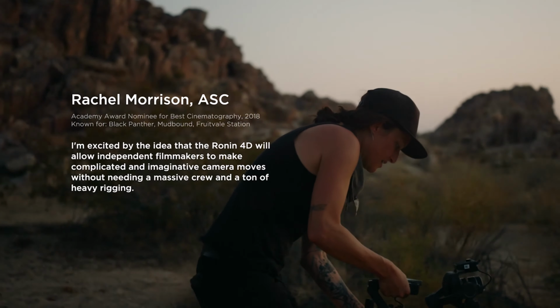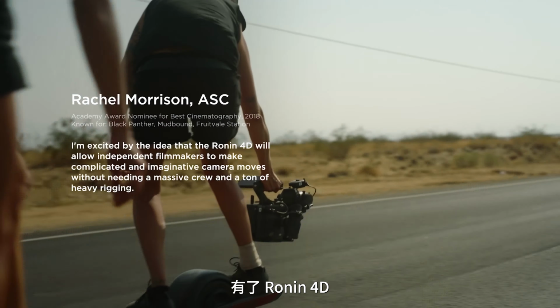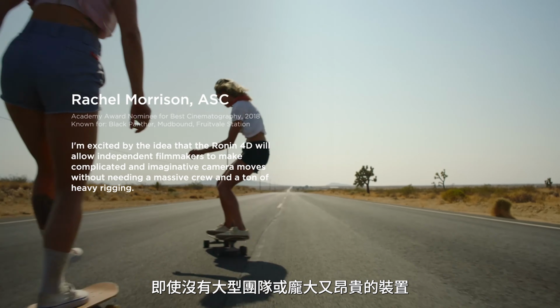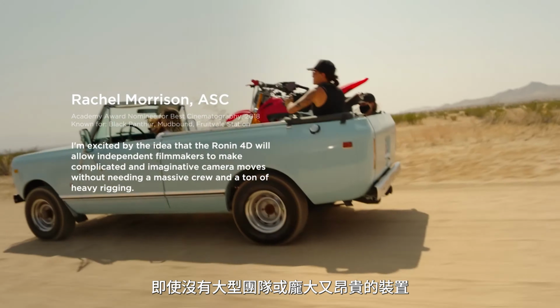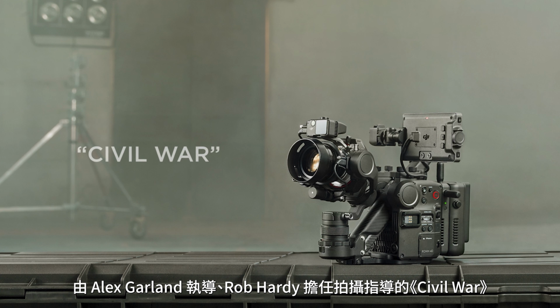Rachel Morrison, DP of Black Panther and Mudbound, said, quote, "I'm excited by the idea that the Ronin 4D will allow independent filmmakers to make complicated and imaginative camera moves without needing a massive crew and a ton of heavy rigging." Recently, Ronin 4D has also been involved in the filming of major productions such as Civil War, directed by